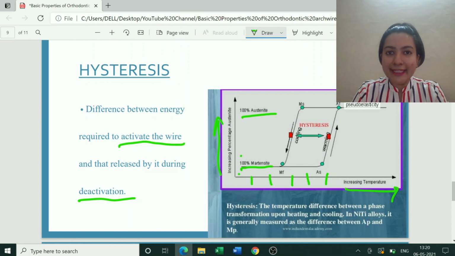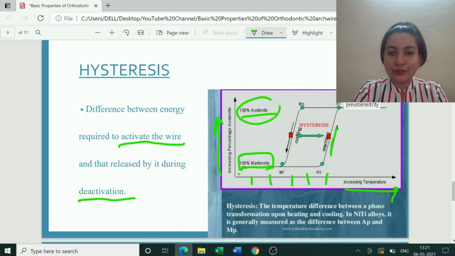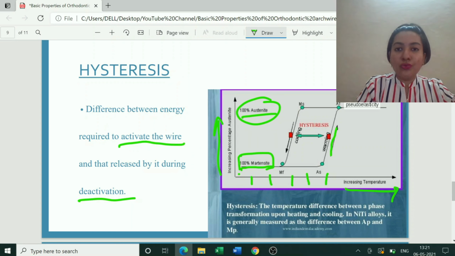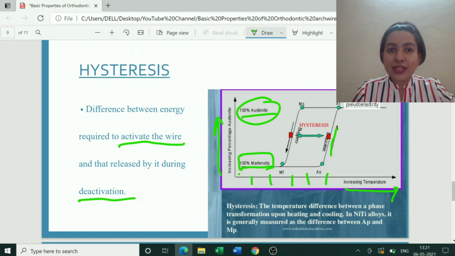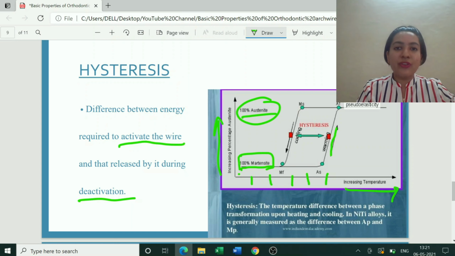So when I heat the material, which is 100% martensite at room temperature, when I heat it to 50 degrees Celsius, see it is warming. Do you see this? What happens? It gets converted into austenite form. So there is a phase transformation occurring from martensite to austenite when 50 degrees of heat is supplied. See, 50 is just a number, it is to make you understand. Basically what I'm trying to tell you is phase transformation from martensite to austenite when the material is heated.